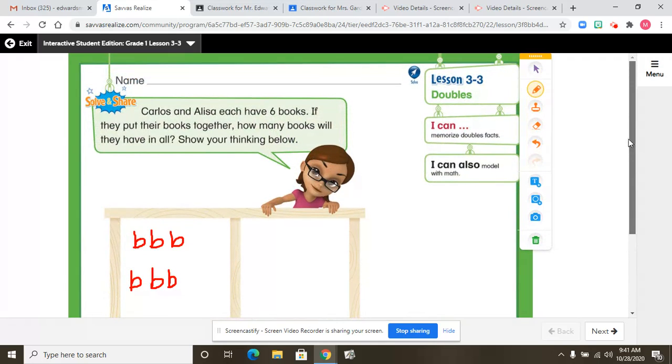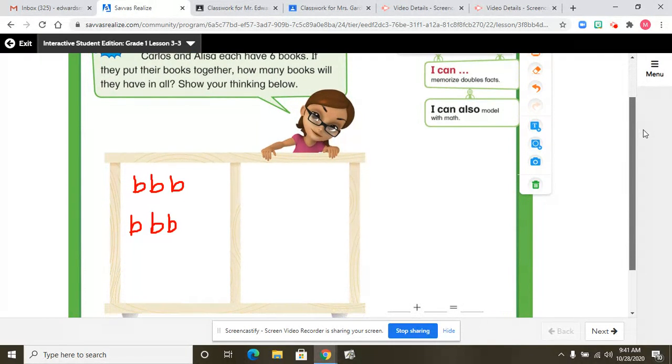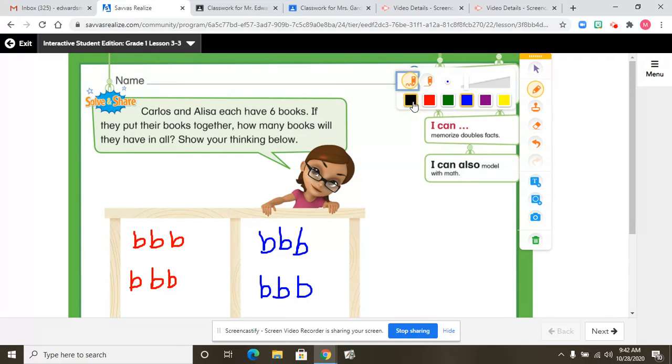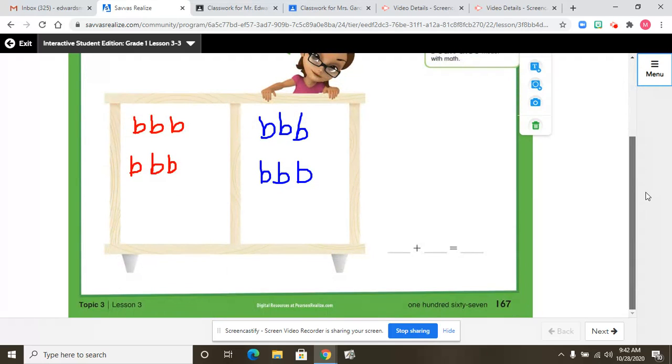And then I will draw 6 books on the other side for Carlos. And 6. Okay. Now, if you look at the very bottom, there's an equation they want us to fill in. All right, so Elisa had 6 and Carlos has 6. So our equation would be 6